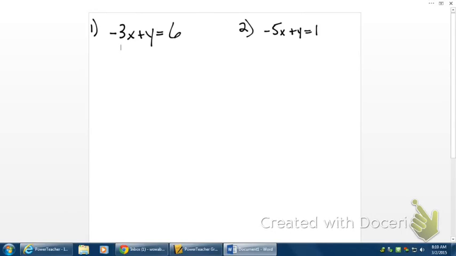Absolutely, which means that for each one of these, we need to get y by itself. We need to get it in y equals whatever, the slope and the y-intercept. Okay? So, for number 1,